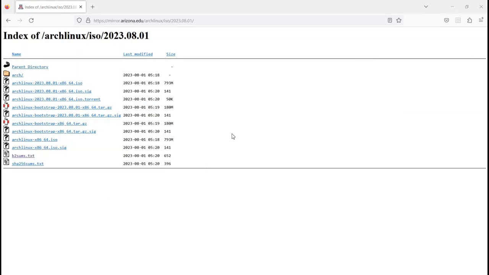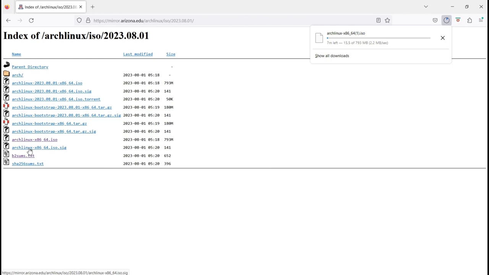Here we have all the archives, and we're going to download this one, Arch Linux x86_64. So we're going to click on it, and it's downloading. And now we are going to click on this archive. That's the signature, so then we can verify the image that we are downloading. So we're going to click on it,